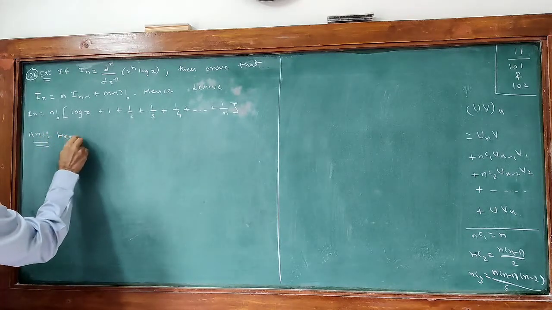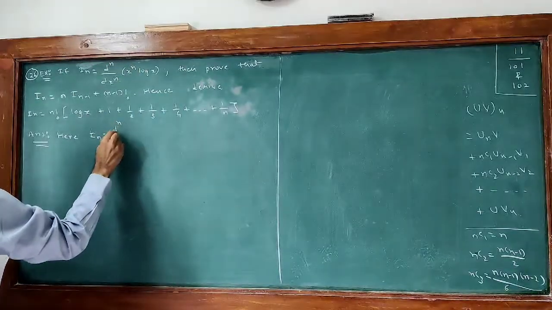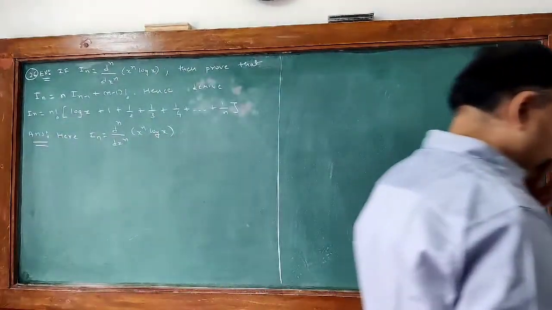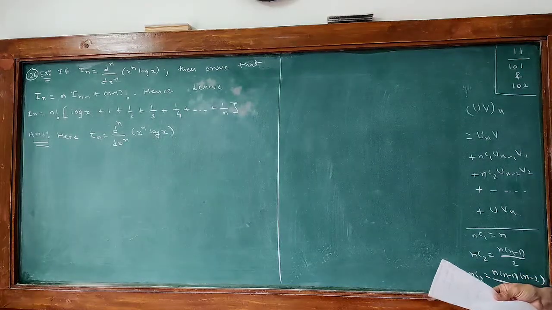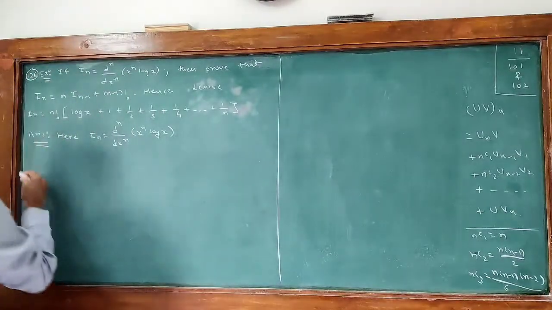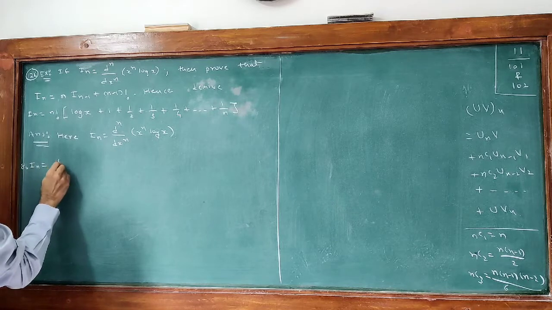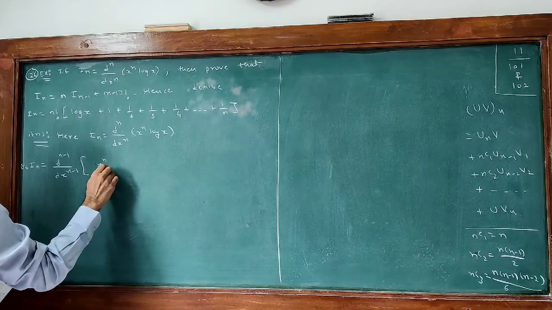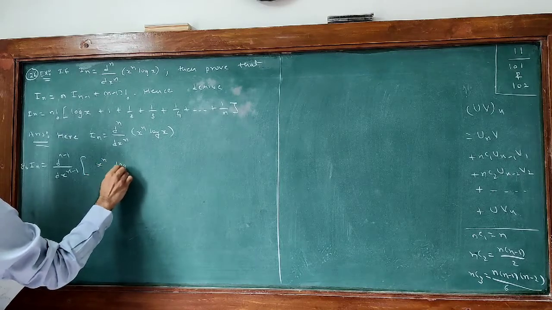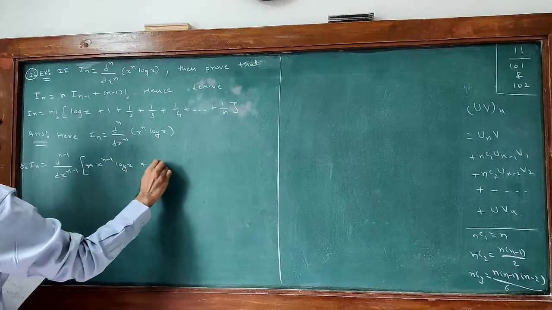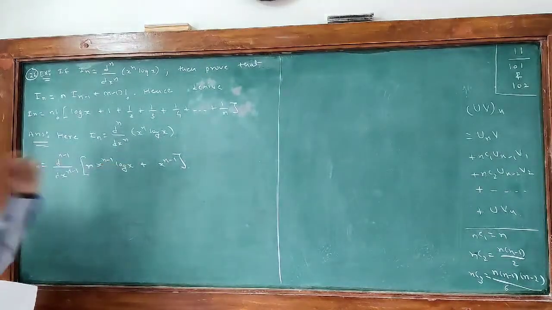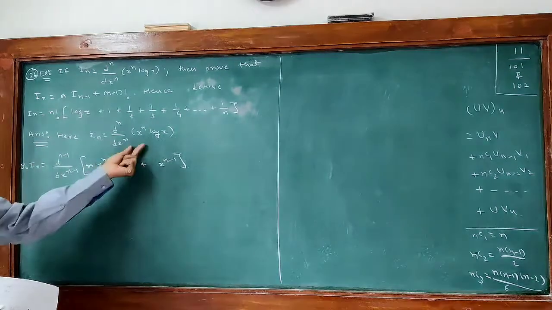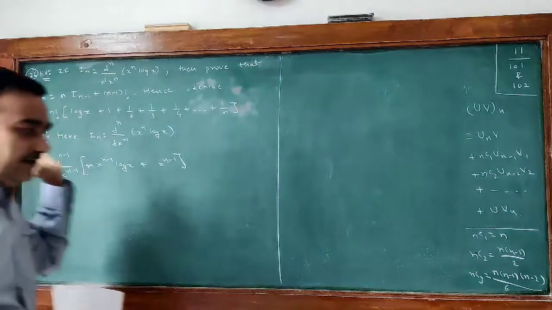Here I_n = d^n/dx^n (x^n log x). Now we apply the first derivative. Differentiating, log x stays as it is, the derivative of x^n is n x^(n-1), and the derivative of log x is 1/x, so the power of x is decreased by one, giving x^(n-1). So this is a very simple part.